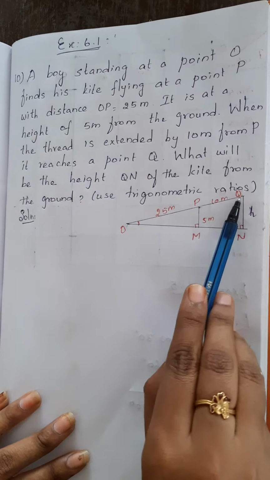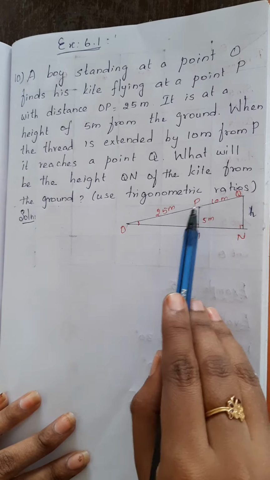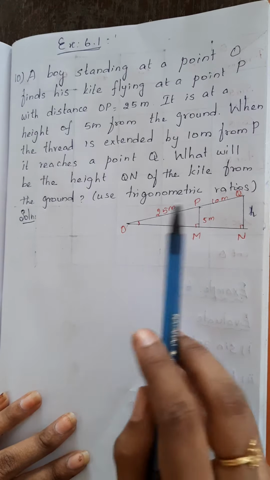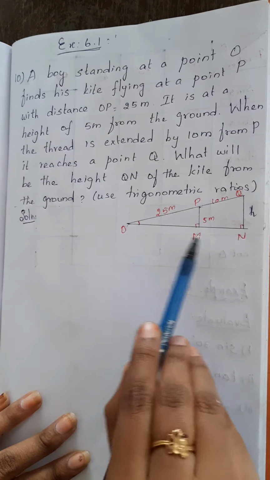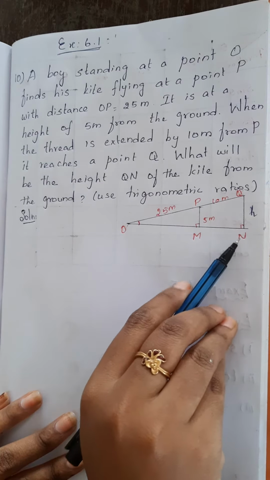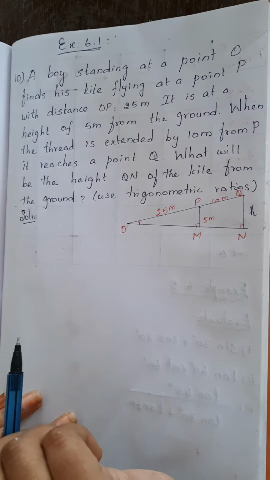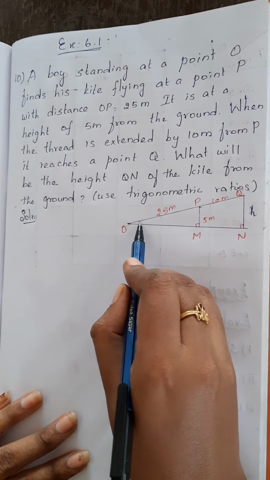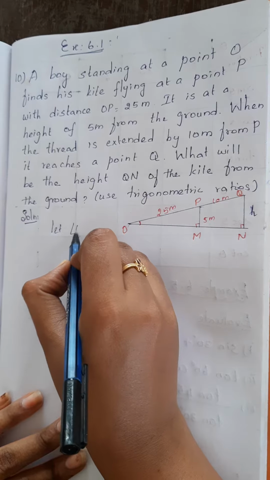You know, it is a right angle triangle. We have two triangles over here. One is triangle POM. The next one is triangle QON. There are two right angles. This angle N and M, both are right angles, that means 90 degree. Then I am going to take this angle O as theta.